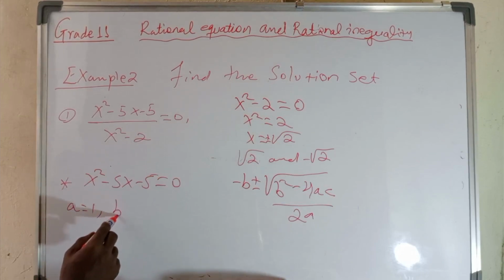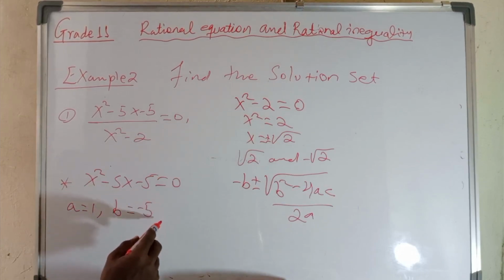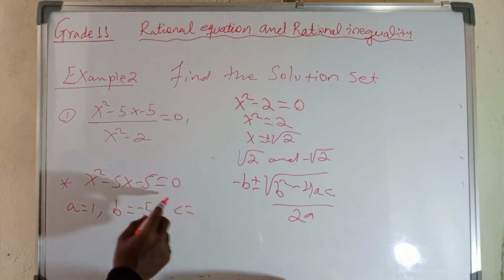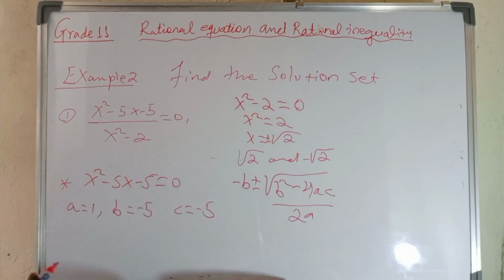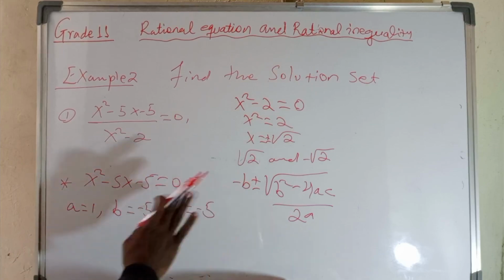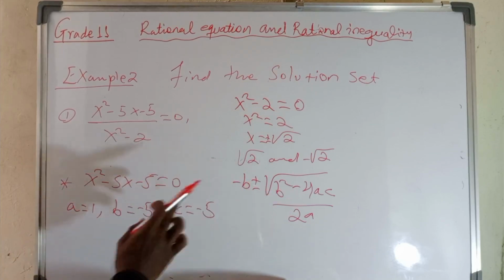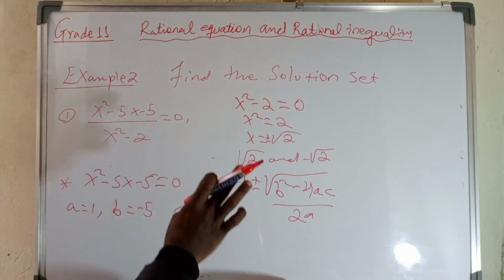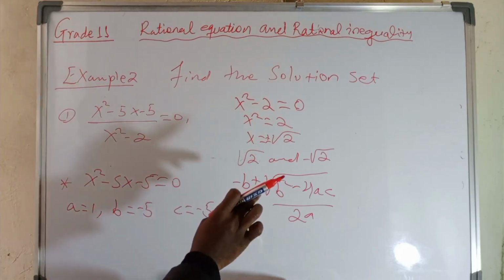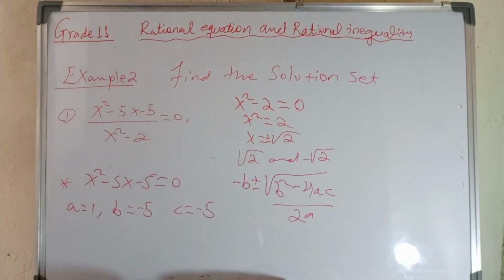The value of b is equal to negative 5, and the value of c is equal to negative 5. Then plug in 1 in place of a, negative 5 in place of b, and negative 5 at c. So we get that